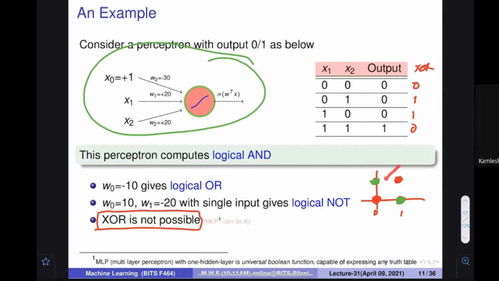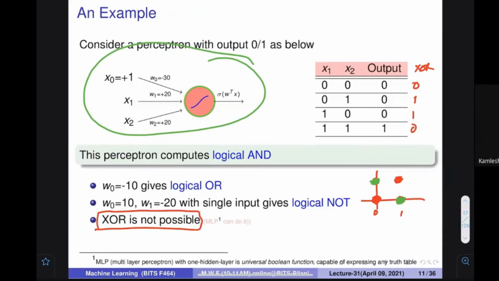Whatever line you draw, for example, if you draw this, this is correct, this is correct, but this is wrong. Where can you draw a line? If you draw a line like this, it is wrong. You can draw a line like this, but this line is anyway not going to work because both the things are on one side. So definitely you have to draw a line like this, and whatever line you draw, there will be at least one point on one side that gives an error. So XOR is not possible. You cannot make XOR using a single perceptron.